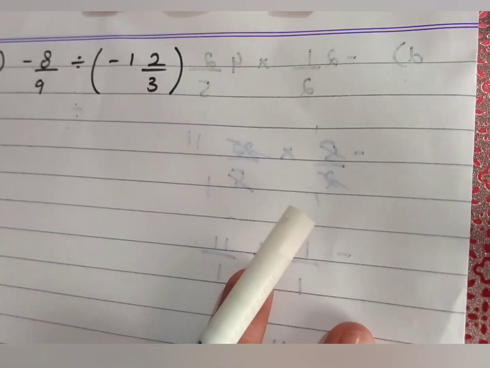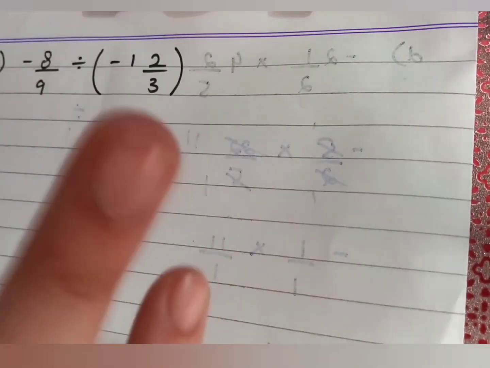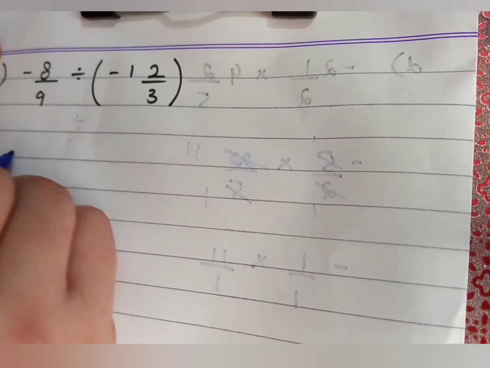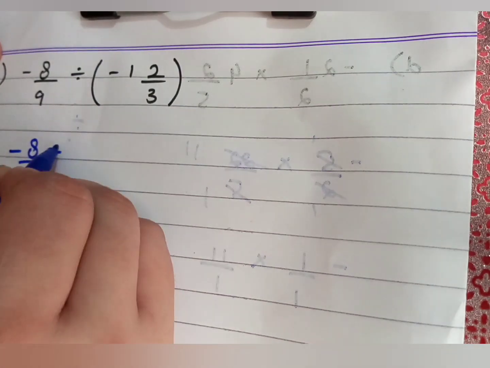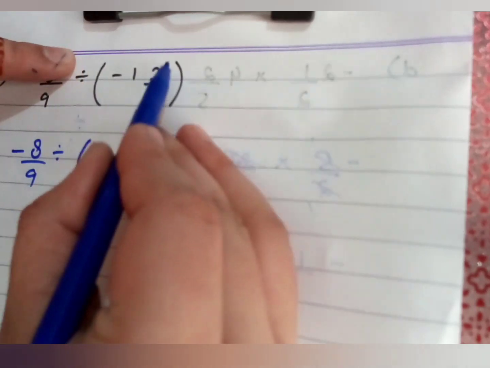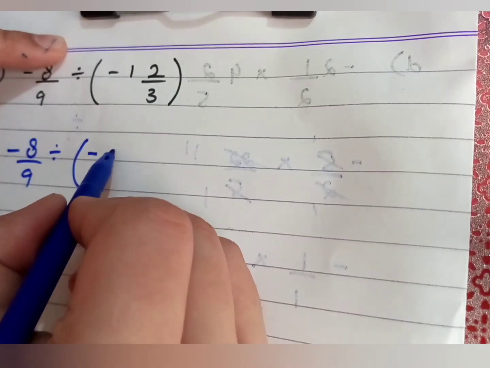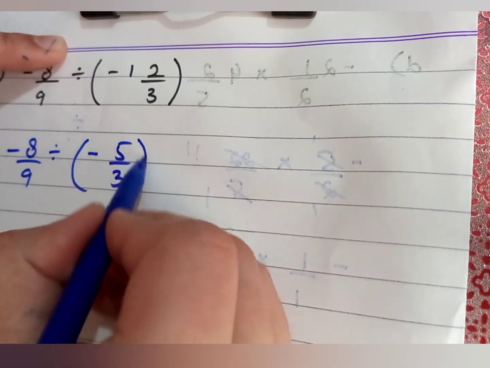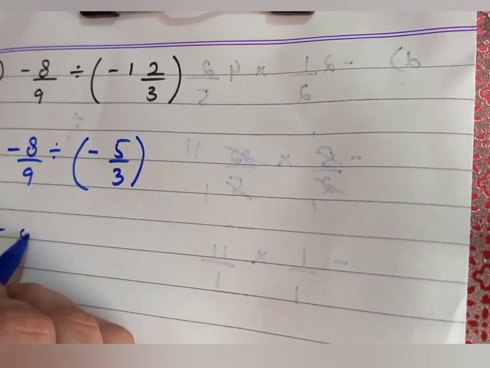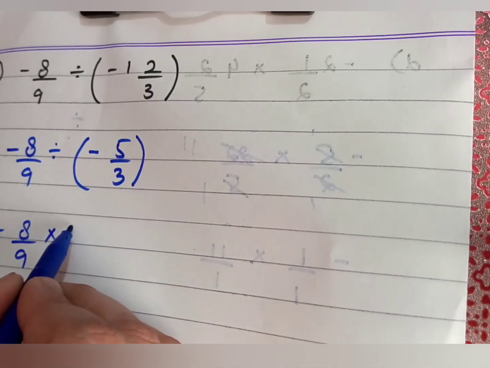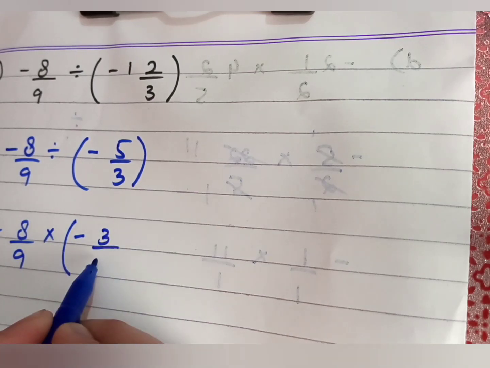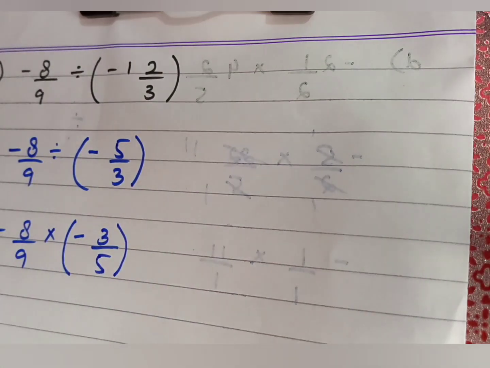Now part F is minus 8 by 3 divided by this. So first we will convert the mixed fraction into a fraction. 8 by 3 divided by minus, now 3 1s are 3 plus 2, 5 by 3. Now in the next step we have to convert this division sign into multiplication. 8 by 3 multiply by minus. The next term will become reciprocal, so we write 3 by 5. Your term will be inverted.